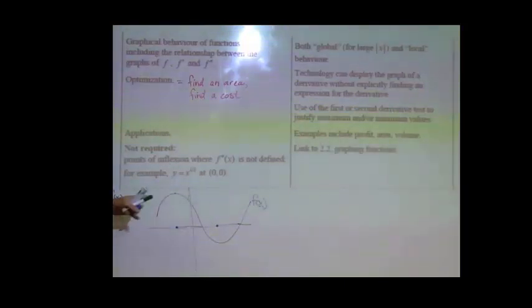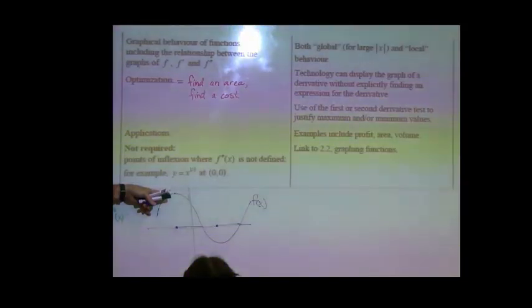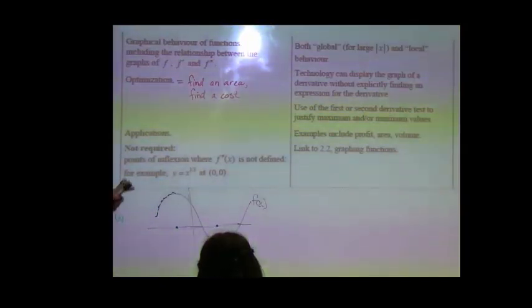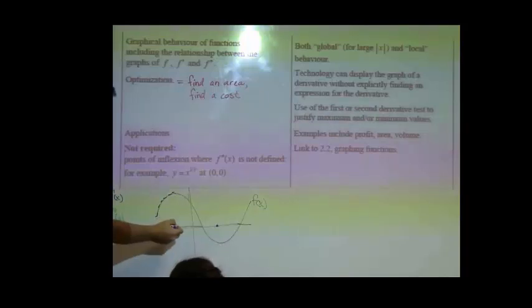Now, to the left of 0, what's the slope of my graph? Describe. The slope to the left of this point is one word: positive. Positive slope means that my derivative graph has to be